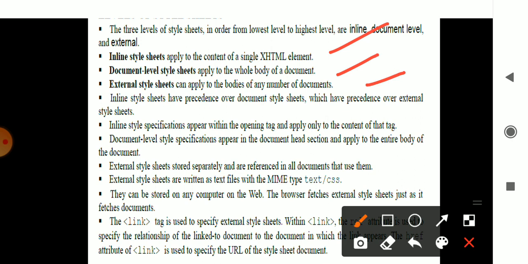Inline style specification is applied only to the content in that particular line. When you consider a document level, it is applied to the whole document which uses that particular style. It is not dependent on that particular line only. It makes changes to the whole document.